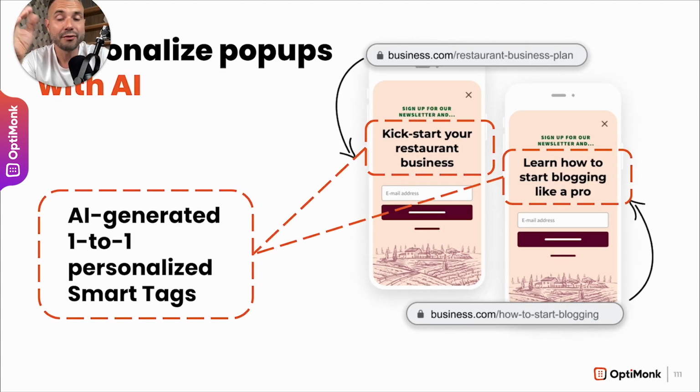And if you want more, we also have AI that you can use to personalize your messages. So basically you can create a truly one-to-one personalized AI generated headline for each of your pop-ups based on the content, based on the blog article, for example, the visitor is actually seeing. This is a more advanced tactic, which I will not get into too deep, but this is the future where we are actually heading. And now in the next phase, I will put all of these together